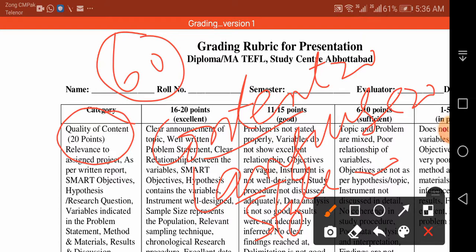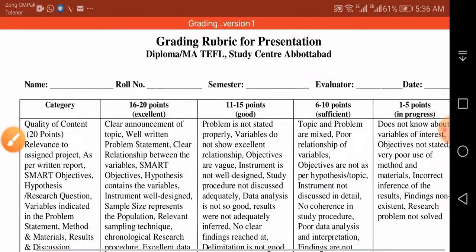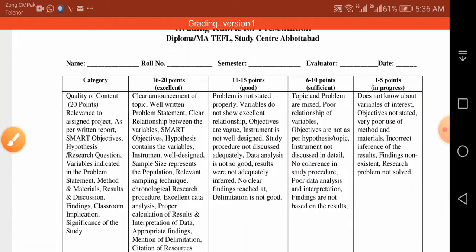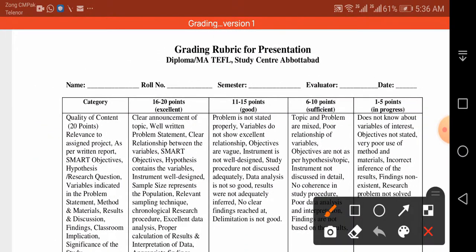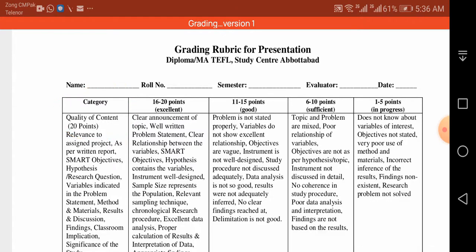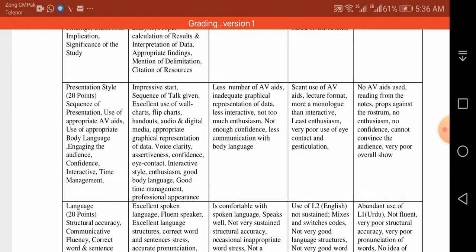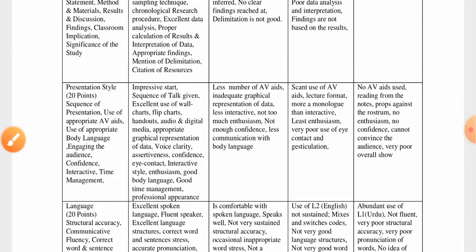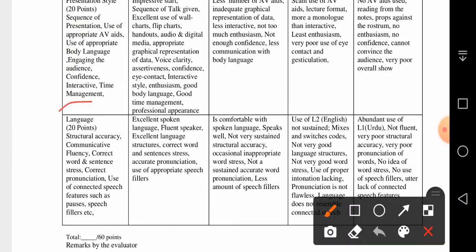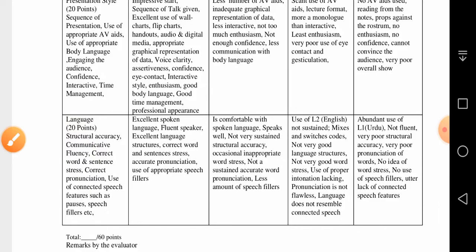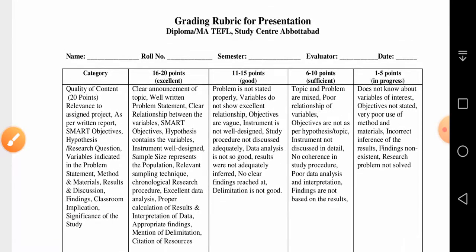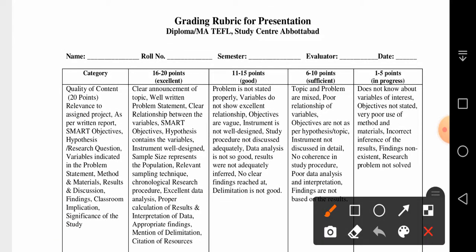And now first of all, I'm going to explain the content. Now there are three categories. Category number one is content, category number two is presentation style, and category number three is language. Sorry. So each category is evaluated on a scale of 5, rather 4.